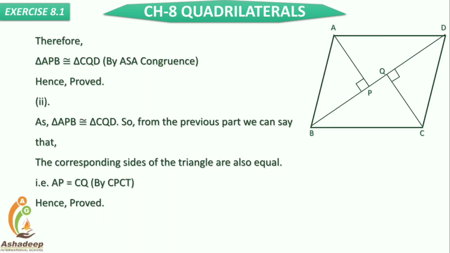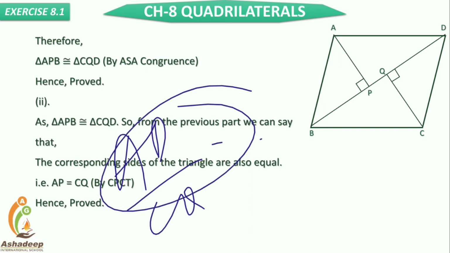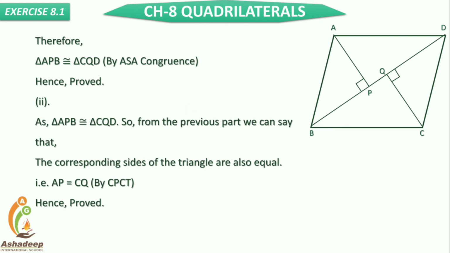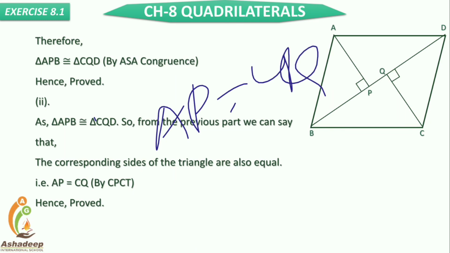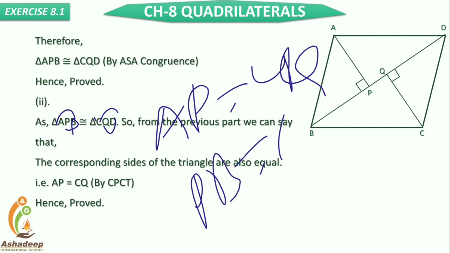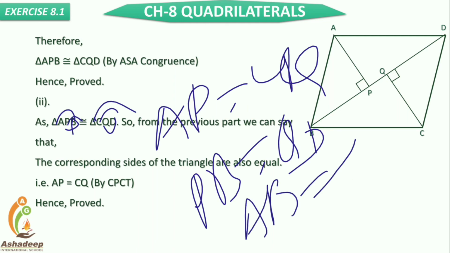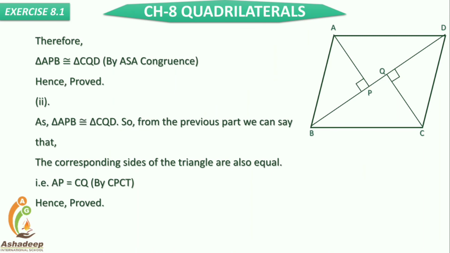Okay, sorry, one thing that I missed here: I wrote AP upon CQ and something else that I was telling you. So don't consider that, actually it is my mistake. It is a part of standard 10 for the same chapter, so I was confused in that. Just don't keep that in your mind. Here we can say that AP is equal to CQ, PB is equal to QD, and AB is equal to CD. Okay, so these three things we can write down.